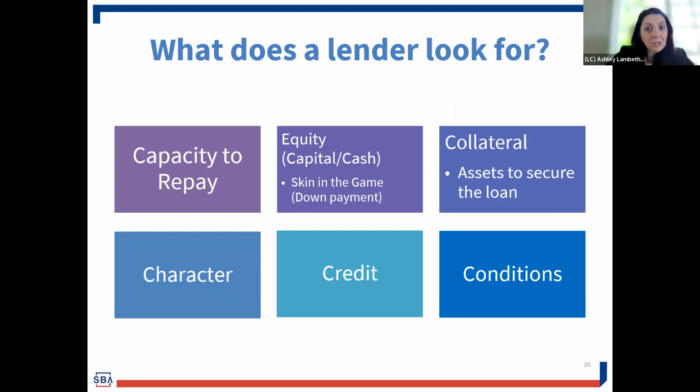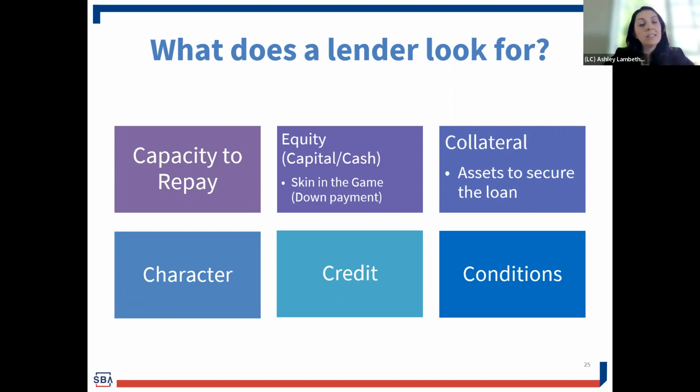They're looking at your character. So this goes back to what we were talking about before. They're looking at the reputation of your business. They're looking to make sure that you are paying your debts, that you don't owe things like back child support. So they're looking at your overall character. They're also looking at your credit score to make sure that that is good and that you're making your repayments,